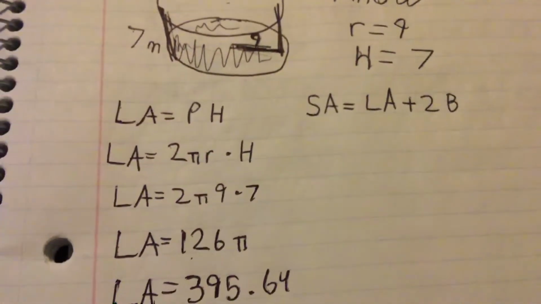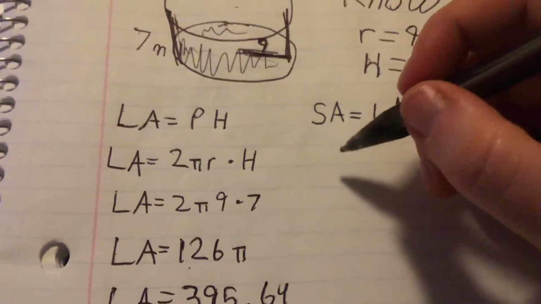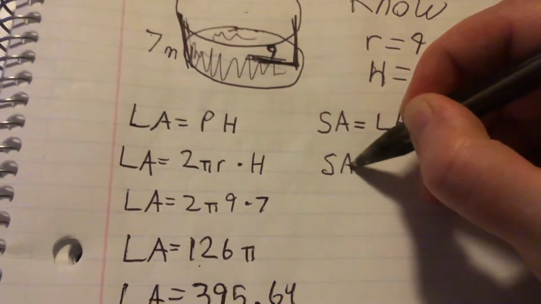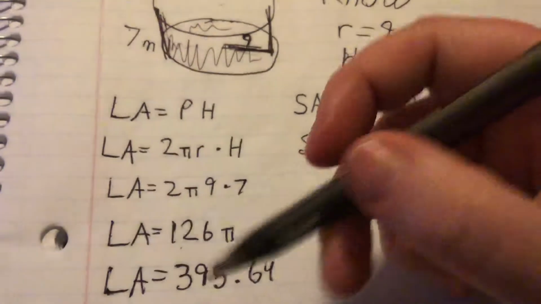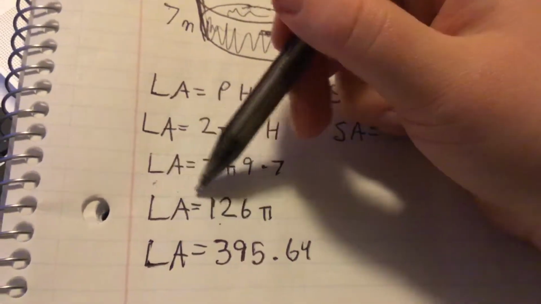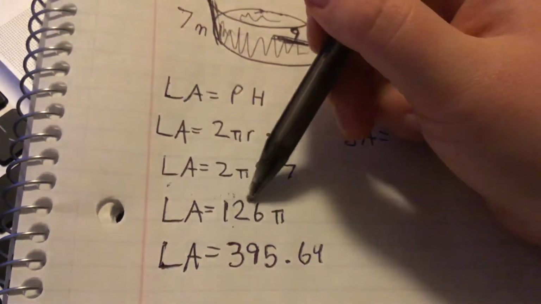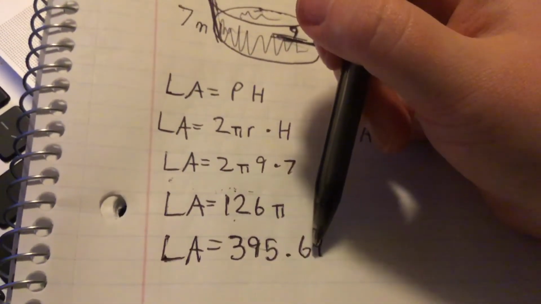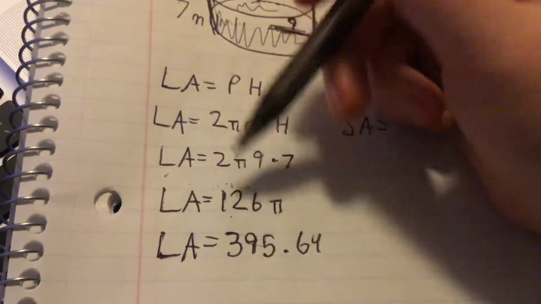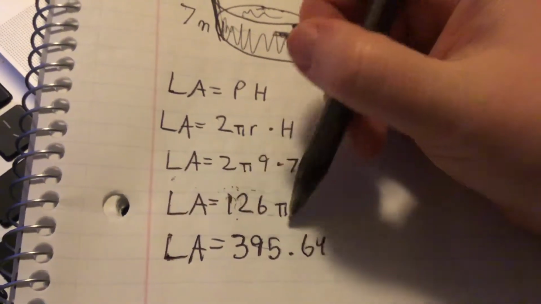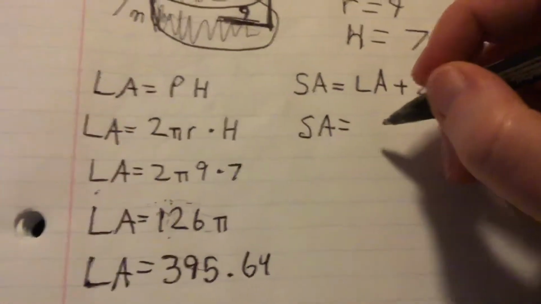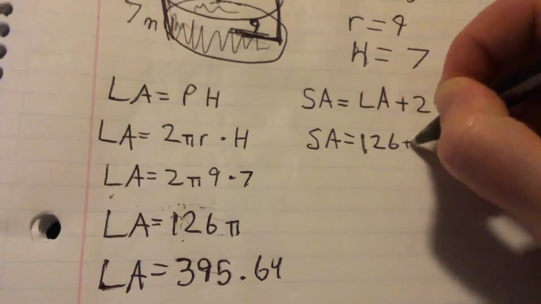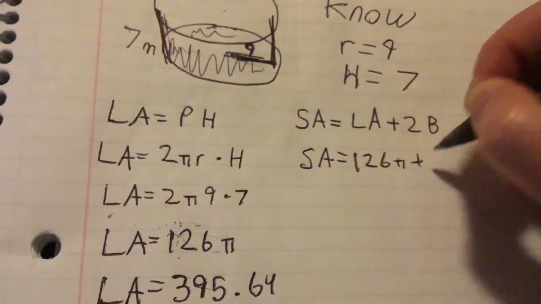We know that surface area equals, so we know that over here we have LA equals 126 pi. We're not going to use this down here until later, I believe. But right here is what we're going to focus on first. So 126 pi plus,